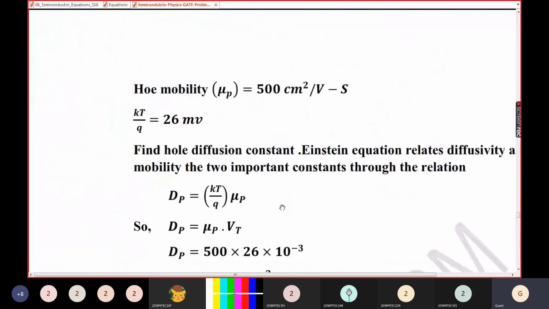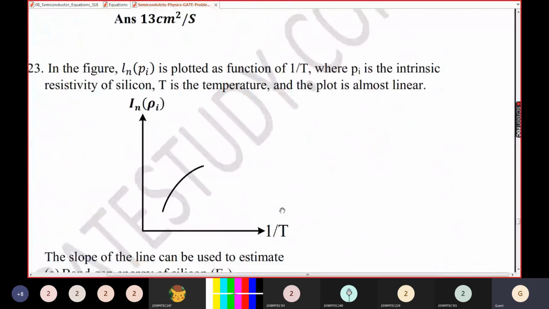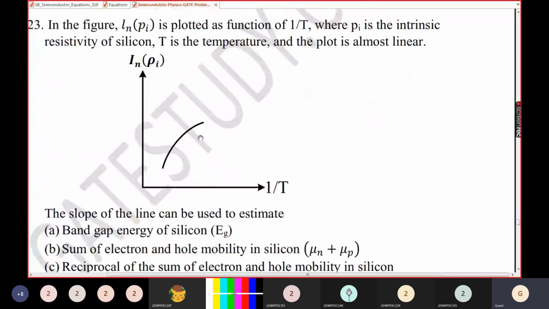I think some questions are solved indirectly. I have already told you they will give you the figure, and from the figure they will ask you different types of expressions. You can see in the figure, ln of rho i is plotted as a function of T, where rho i is the intrinsic resistivity of silicon, T is the temperature, and the plot is linear. We all know that our plot is linear here. So automatically, what we are getting here is